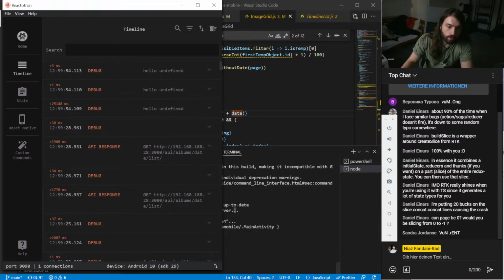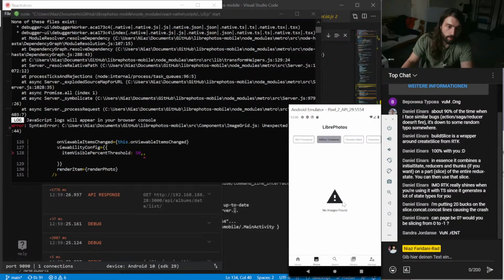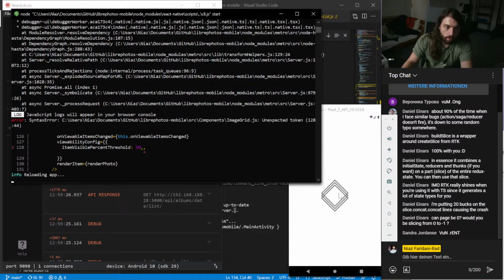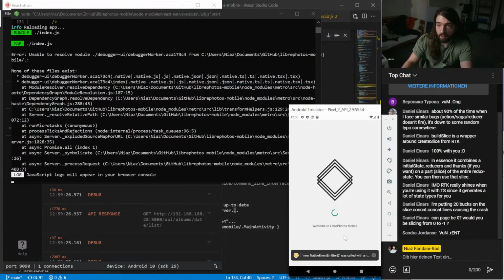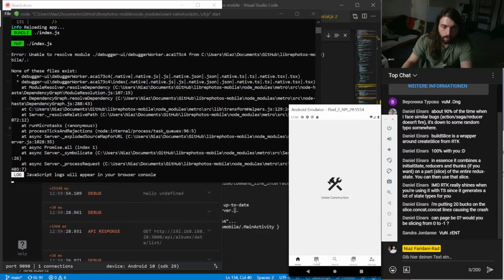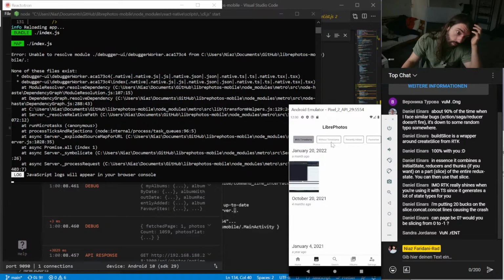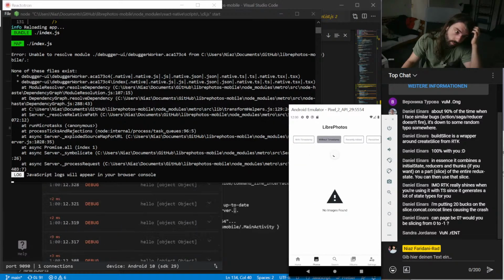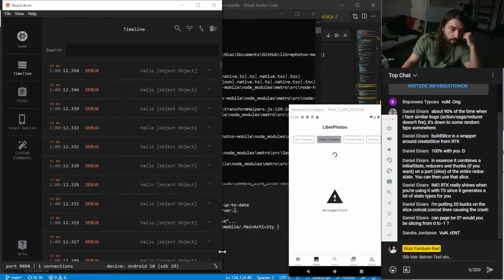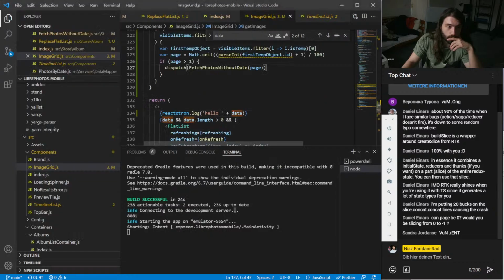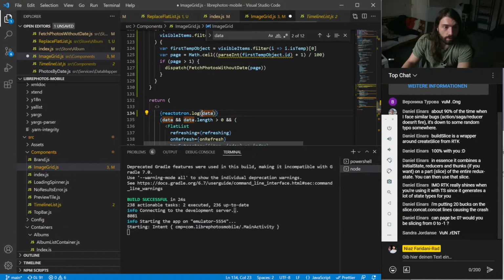Hello, undefined. Very interesting. So it makes sense, obviously, when we refresh that, because it seems like it gets rid of the state. So now there should be something loaded up. Now we call that, and we have object. So we actually have something in there. So that's good. Then let's do this.